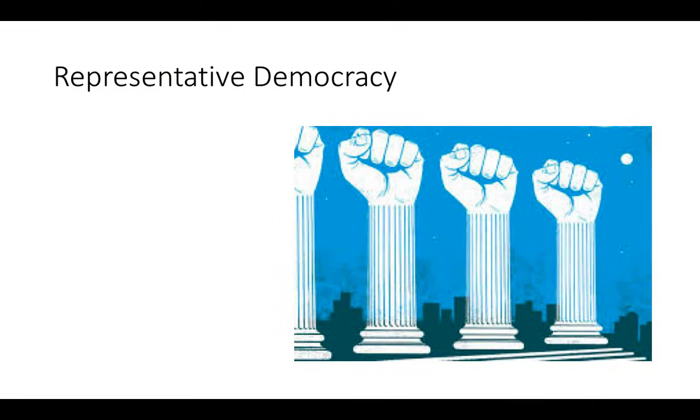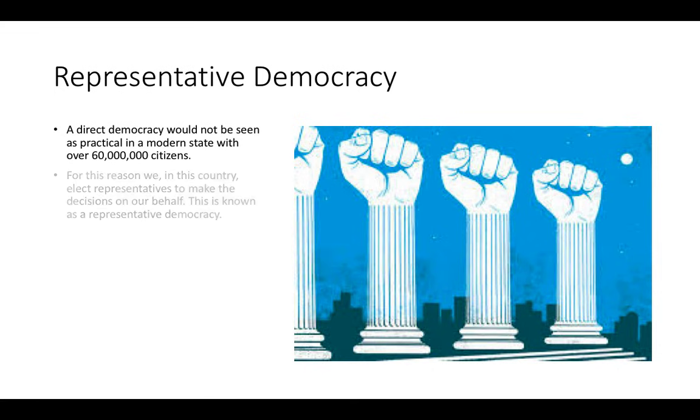We've had a look at the basic definition. Let's have a look in a little bit more detail. So to start with, a direct democracy sounds good on paper and is seen as the purest form of democracy. However, in a country like the UK with over 60 million citizens, it'd be very difficult to coordinate direct democracy and direct decision making. It would also be difficult for normal people who have jobs and have to put a lot of work in themselves in different areas to decide on every single policy that the government produces.